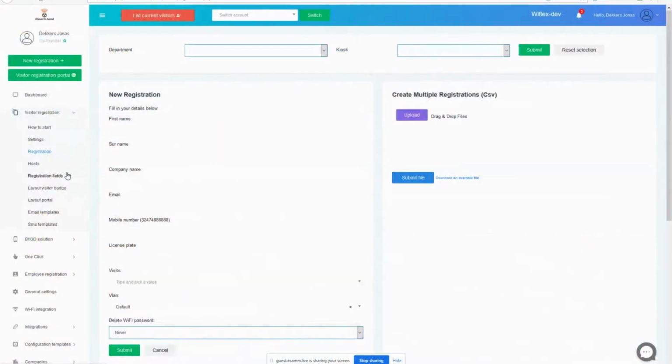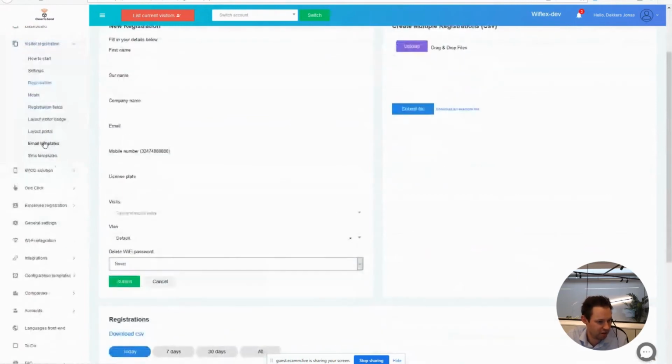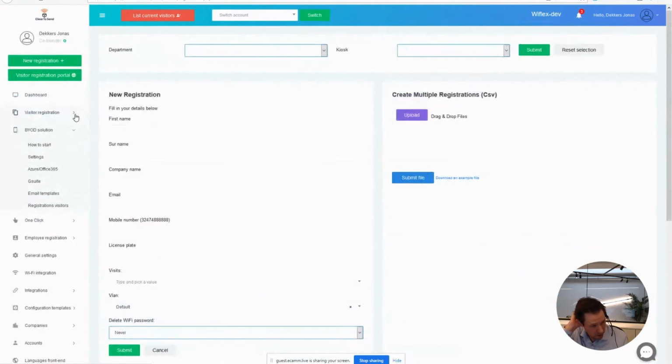Okay. Awesome. Okay. I think I already mentioned that you can change all the registration fields and all the email templates, and then we have still one more solution. So we have seen 2 solutions for the visitors. We also have a solution for employees. So we see that a lot of